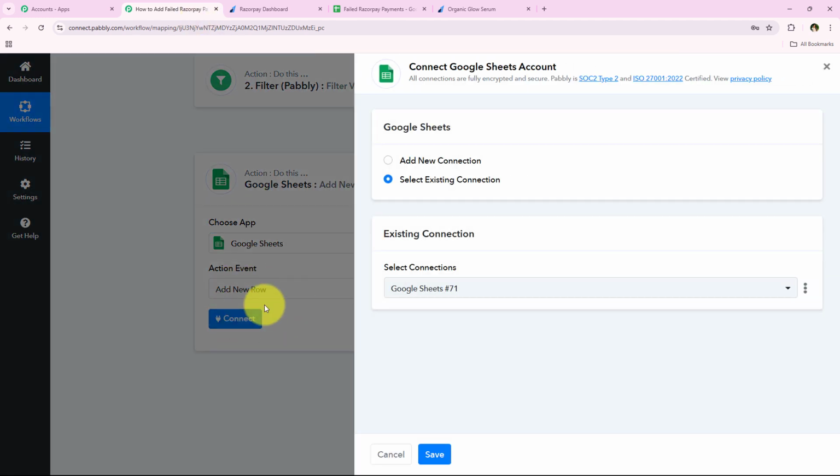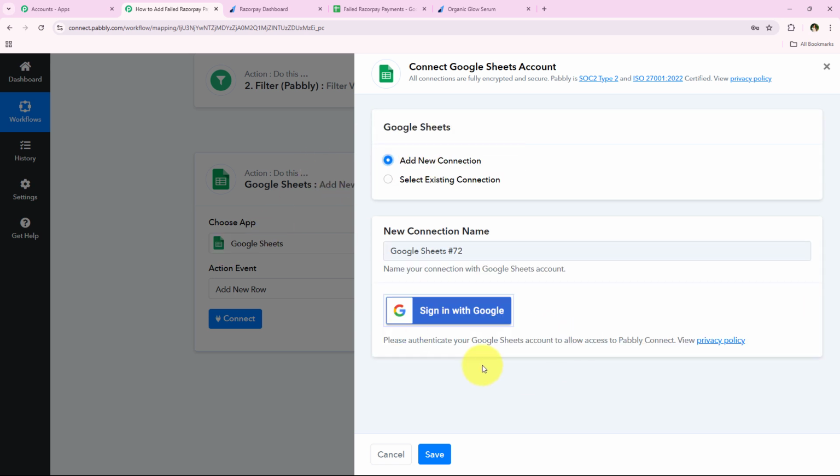and click on connect. As soon as we click on connect, it is asking me to add a new connection or select an existing connection. So if you have already connected your Google Sheets account with your Pabbly workflow, you can click on select existing connection and then save. But if you haven't, you have to follow me, click on add a new connection, and then you have to